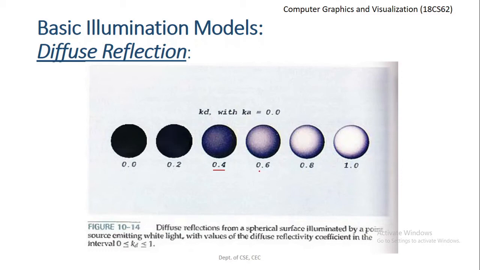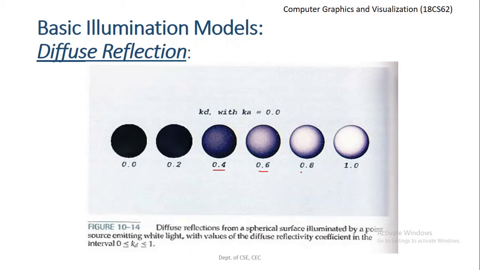When we increase it further to 0.6, remember the intensity of the point light in this example, IL, is equal to white, so the RGB value will be set to 1, 1, 1. As you can see, more white light is falling on this sphere. You can clearly make out it's a sphere, and observe the variation in the shades. This is the specialty of diffuse reflection: point to point, the intensity may vary. Unlike the ambient light, which is common for all the points on a given surface, diffuse reflection light may vary depending upon the spatial orientation of the surface as well as the viewing angle. Now, this is the output for the value of Kd equal to 0.6.